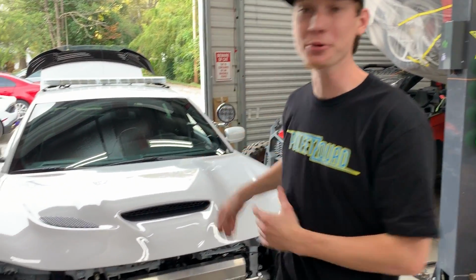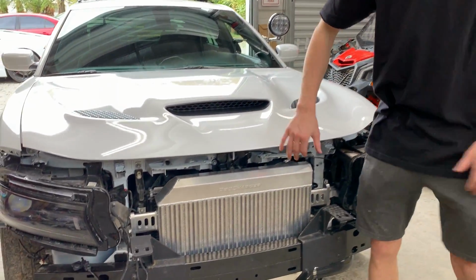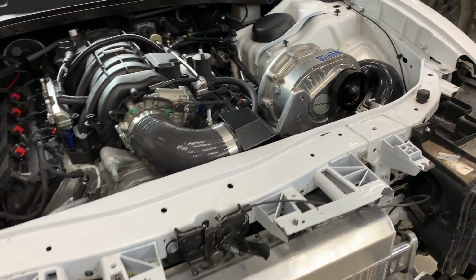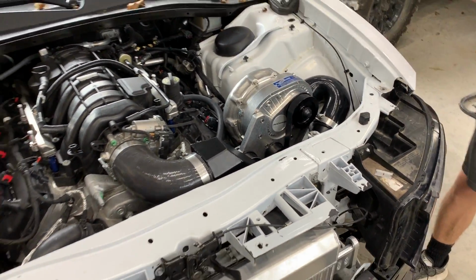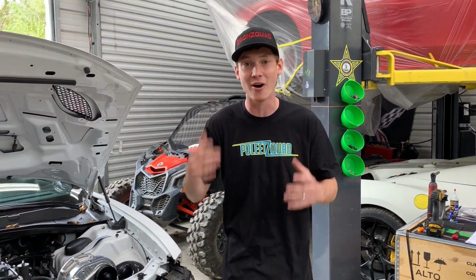So today we're going to continue working on our 2018 Dodge Charger police vehicle, and as you've seen in the previous video, we actually started installing our supercharger system. We got most of the main components on, like our intercooler, the supercharger itself, all the plumbing, bigger injectors, but we are not done right there because we still got a good bit of work left on our hands, like